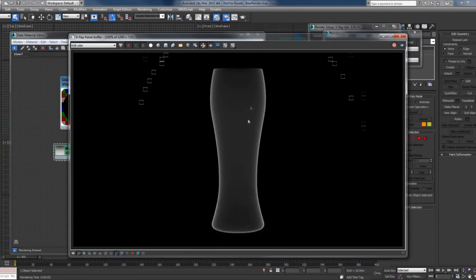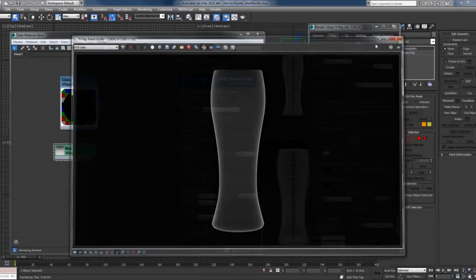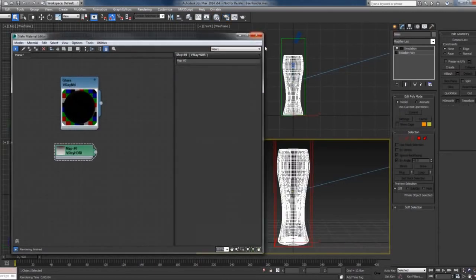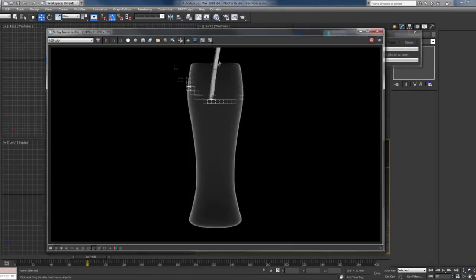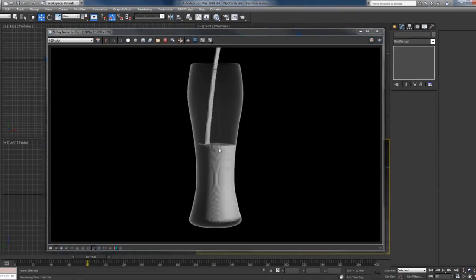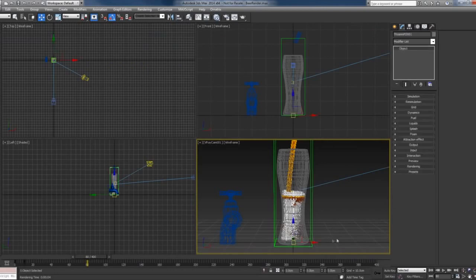Okay, so I have now these reflections on the glass, and I can move forward. I'll move the timeline to some frame with liquid and hit render. You can see this is our liquid, but you can also see this voxelized mesh. And to explain what is happening and why we have this result, I'll go here to the simulator, and here